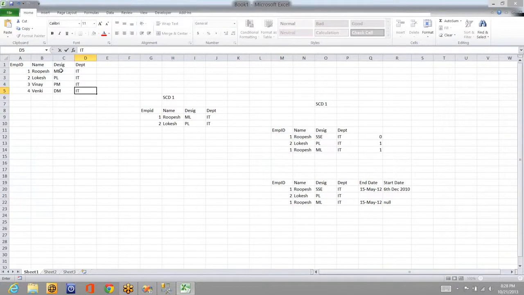So now Rupesh has become project lead. What will happen is, it will come, first record 1 is available here. So it will check all the columns. It will go for the column designation. Module lead has become project lead, so it will change it. And it will go for 2. It is already available and no changes. So it will go to the next one, third record. So it will go to third and fourth. These 2 are new records, so it will copy to the destination. So this is how SCD type 1 works.